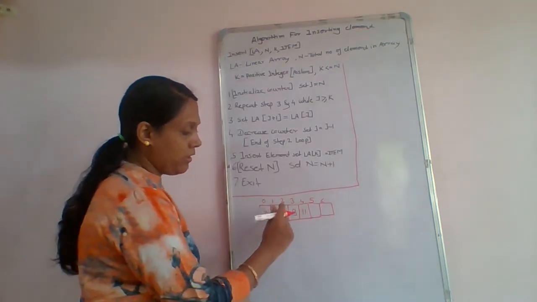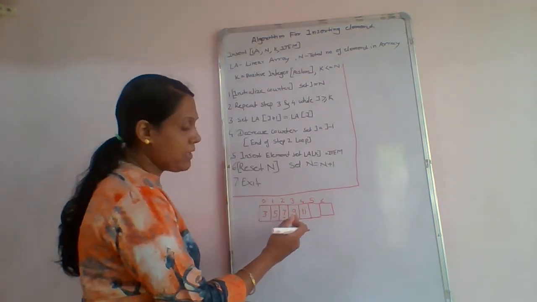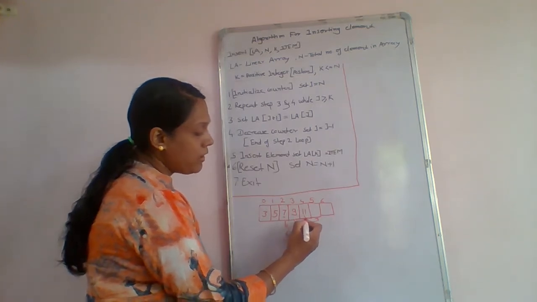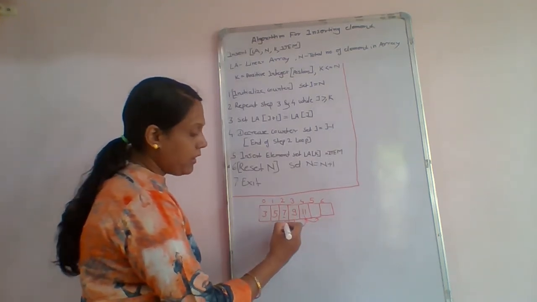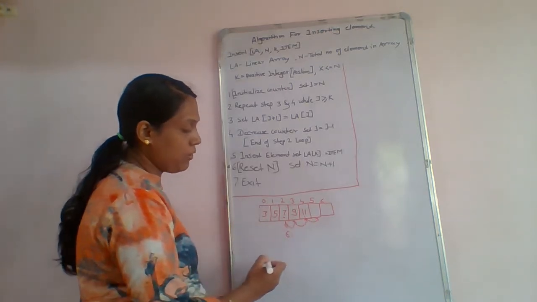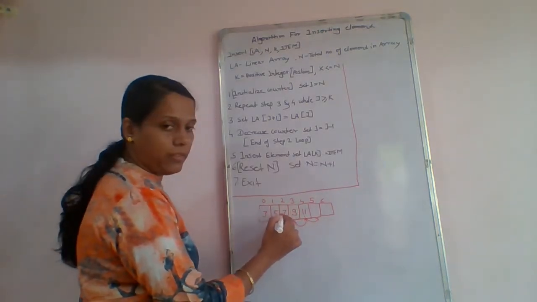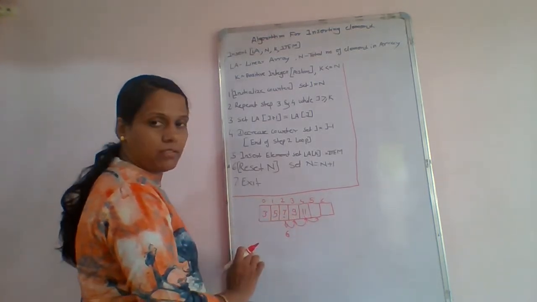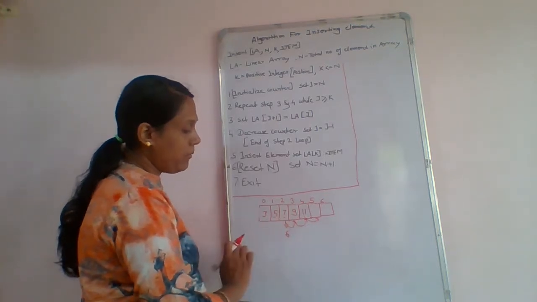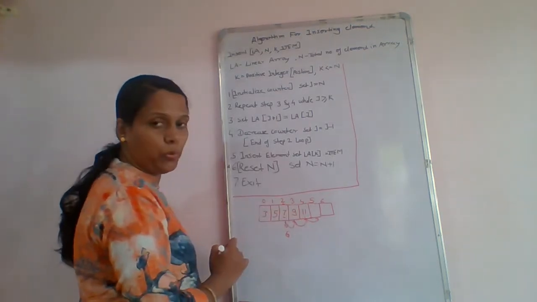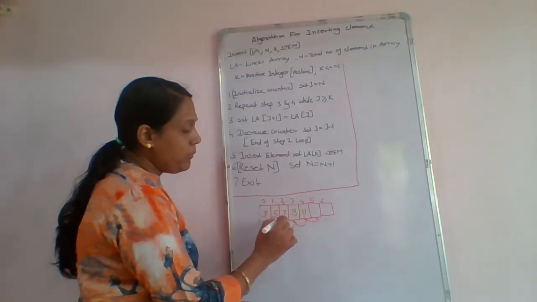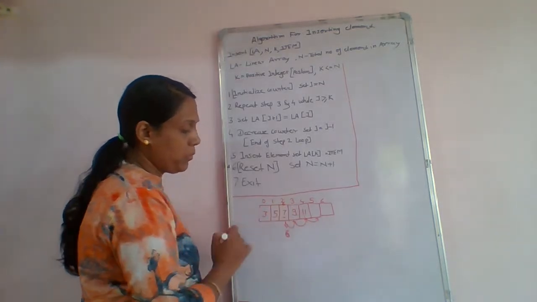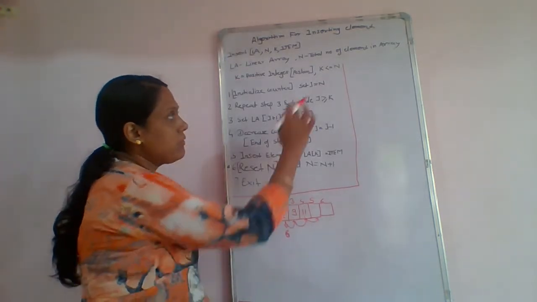at the place of 7. So how will it happen? This 11 is shifted here, this 9 is shifted to the place of 11 and this 7 is shifted to the place of 9. So this becomes blank. When this becomes blank, that time we place this 6 value at the position where 7 was. So what is the position of that? That is 2. So we are inserting this 6 element in the array at index value 2.